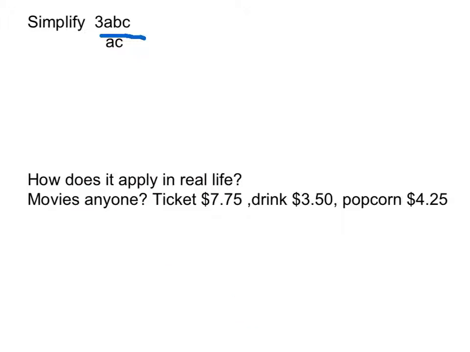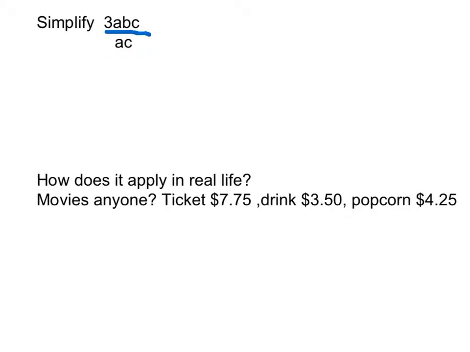So here's my question for you. What do you do if you have a fraction that's 3abc over ac? Well, the first thing we want to do here is split this up so that we have our 3 times our a, and we're going to put the a in the denominator underneath the a in the numerator. Then you'll see we have a b, and b is multiplied times c over, look, there's another c in the denominator. So I've split these up so that I can then use the division property, which says that